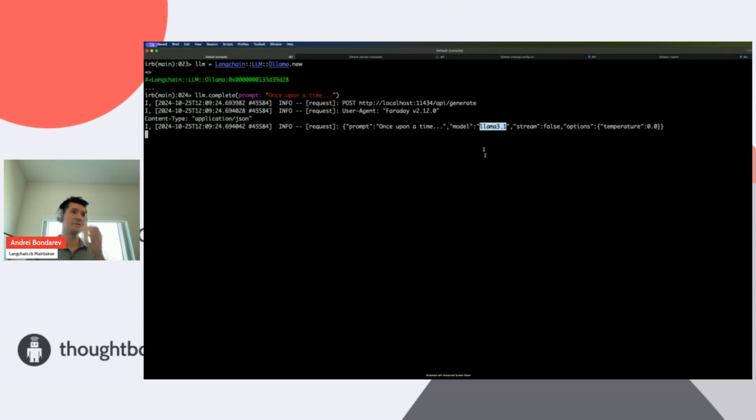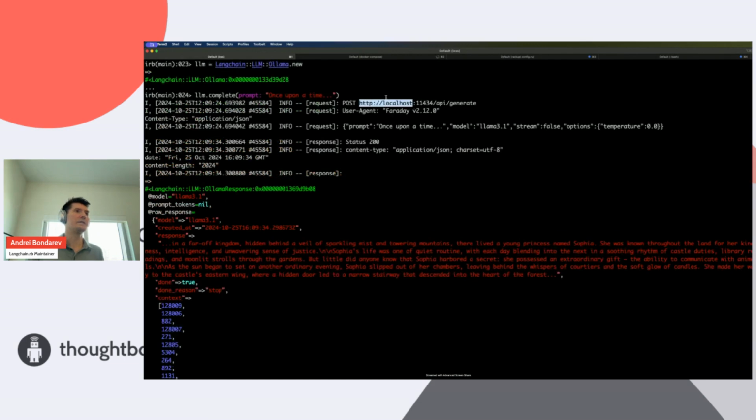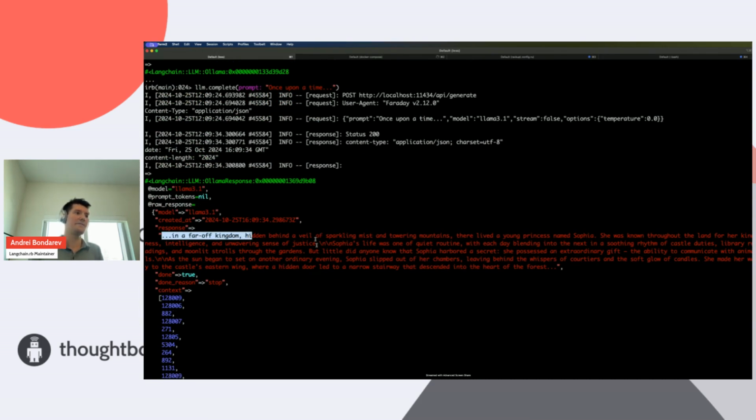You can see that we're using Llama 3.1 by default, but you can use any other open source model as well. Here you can see that we're making a post request to our localhost, 11434 port. And it continues with once upon a time in a far off kingdom hidden behind a veil of sparkling mist and towering mountains,